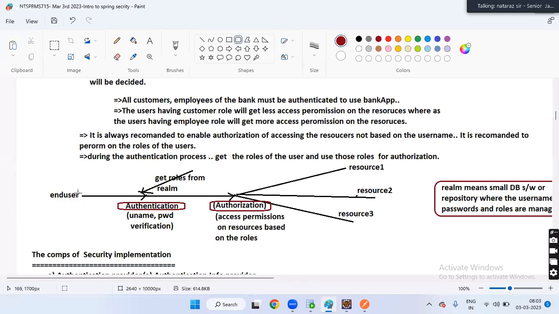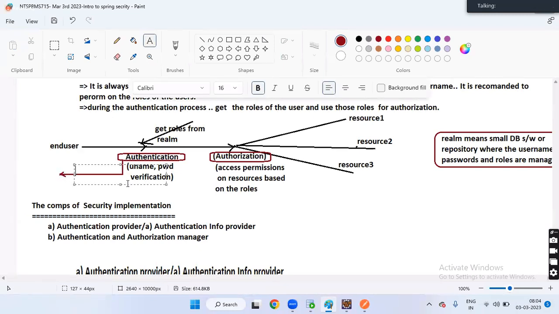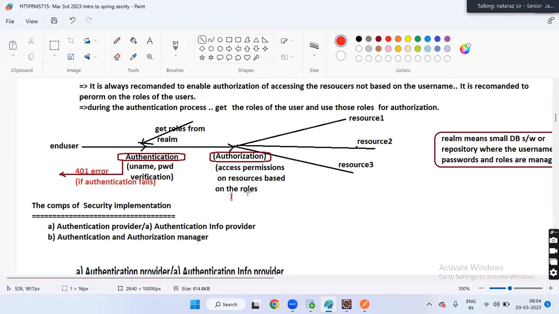Okay, boss, now listen. If authentication fails, what is the error we will get, guys? 401 error if authentication fails, guys. Next.